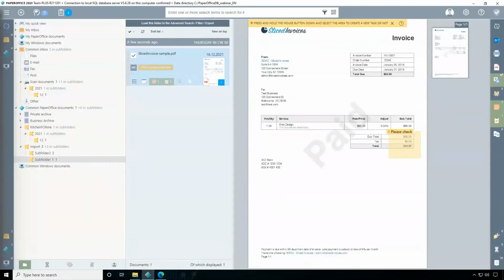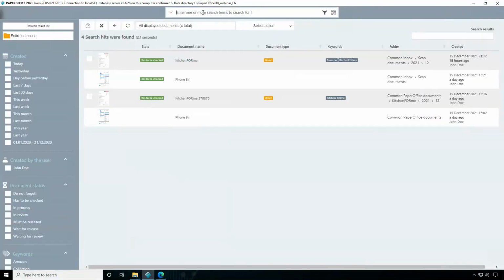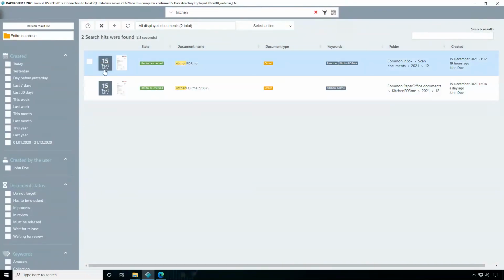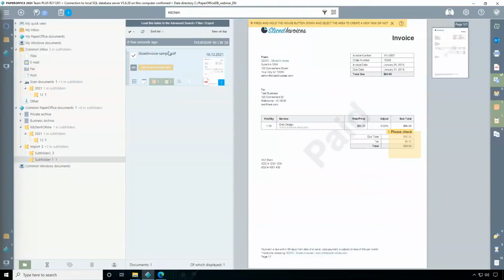Okay, one more question here. Can I see the search results somewhere and copy them? Yes, of course. Let me just search anything. That kitchen again. Of course, we've seen this already. But if I go back now to the interface, and go to any Kitchen for Me document,